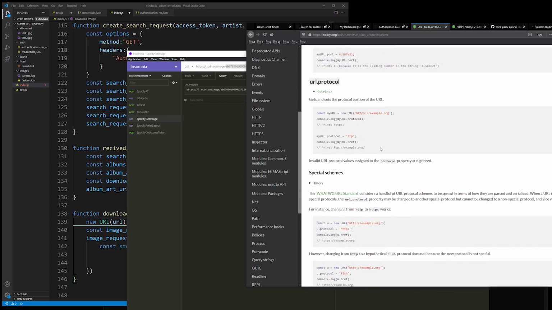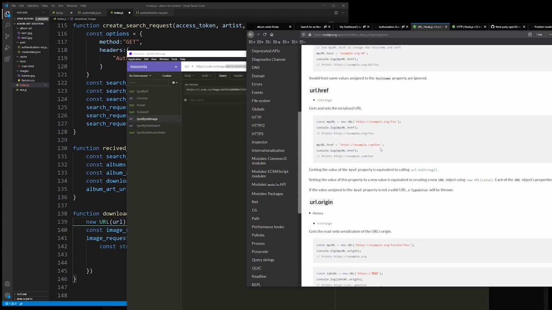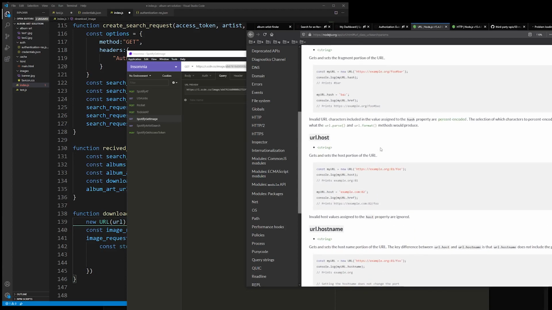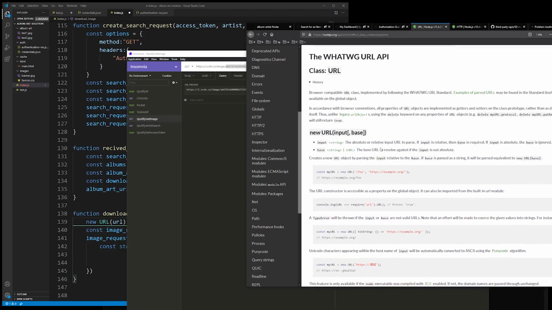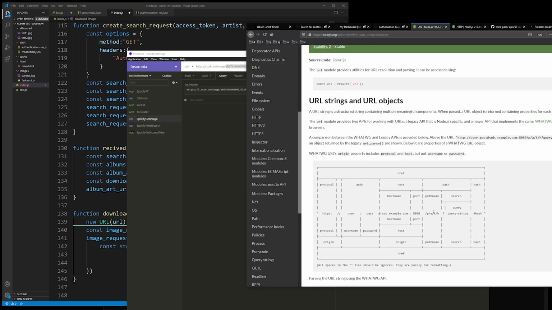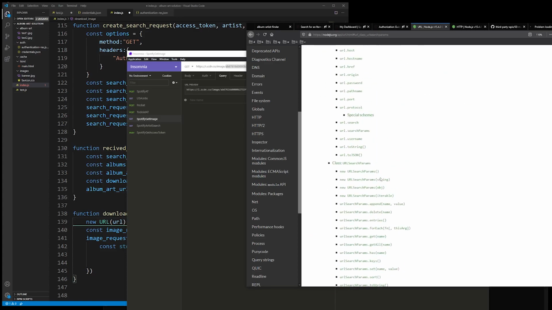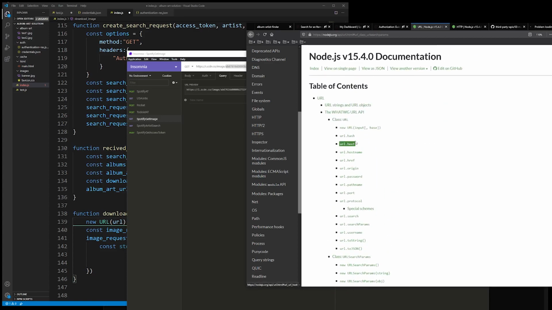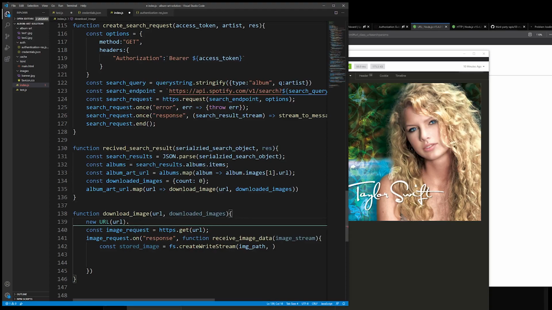It looks like path name is going to be our best bet, and then we just remove from the very end. But if we have to do that already, then there's no point in using this library. There's no specific file option. So we'll just do